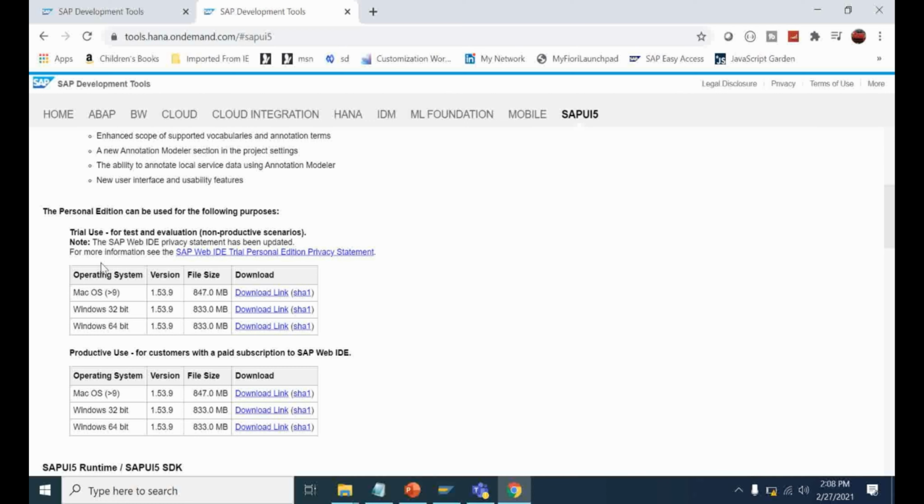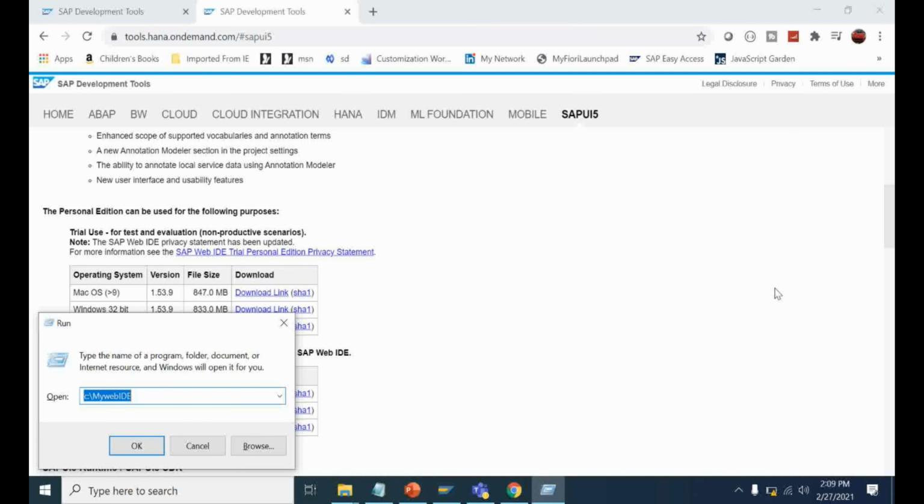Here I am using the trial use with 64-bit. Directly we can download from here. In the next step, we have to create a folder with the name My WebIDE in C drive. I already created it on my system. I will show you.